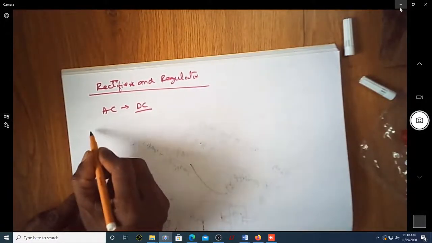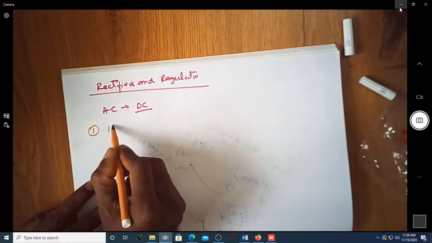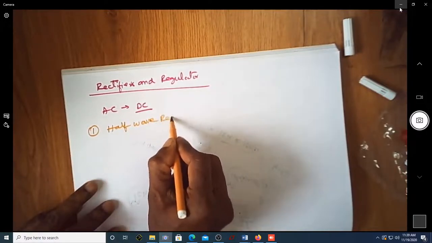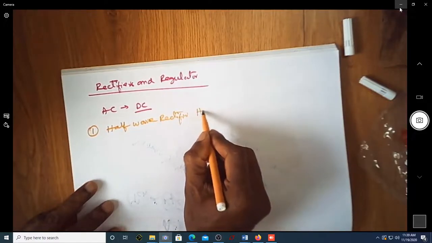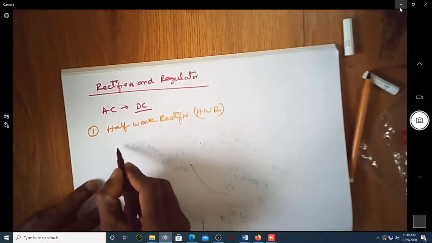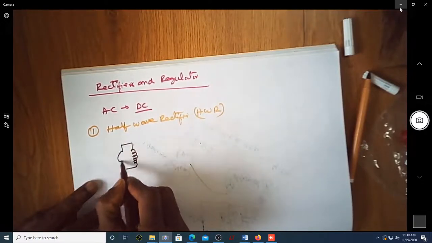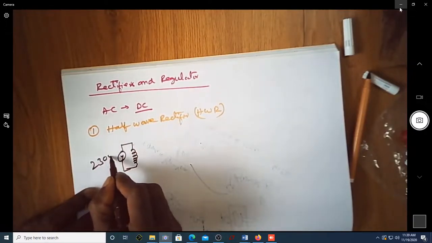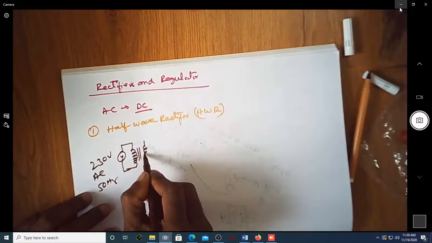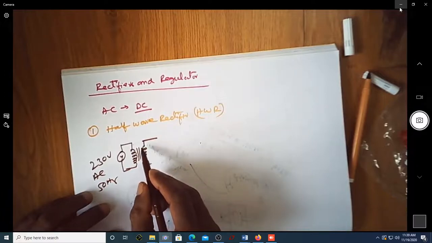AC signal. So we will start with a very simple rectifier called a half wave rectifier, which is usually written as HWR. The circuit corresponding to this is, because usually the input voltage for AC signal will be obtained from a 230 volt AC signal which is of 50 Hertz in frequency typically, and we're going to have a step down transformer. The step down transformer can be of different type.